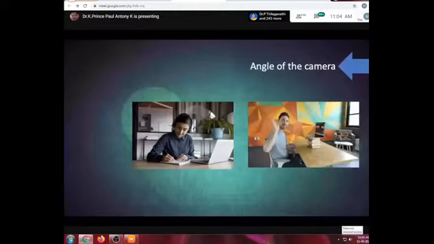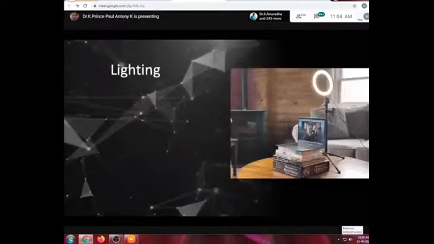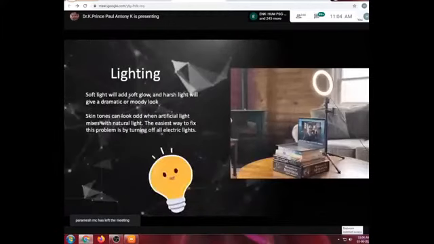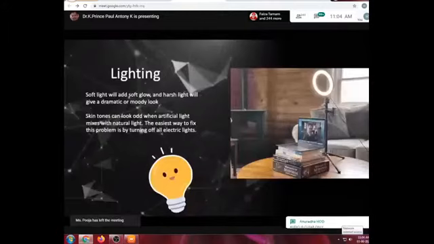Next is setting up of lighting. You don't need big fancy lights to make yourself look good on camera, but you do need to take light into consideration. The cheapest and easiest source is natural sunlight. Filming by a window gives you all the natural light needed to make you look good. However, try to make sure that you're facing the window as much as possible so that the light falls on your face.